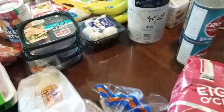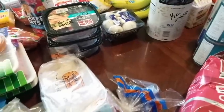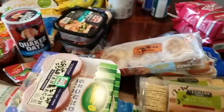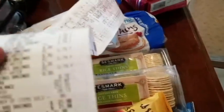Did I get everything? I think I got everything. I don't think I forgot anything. That is my grocery haul, guys. And I'm not sure what the price is because I took off some of Nick's items, so it's not going to be. My total was